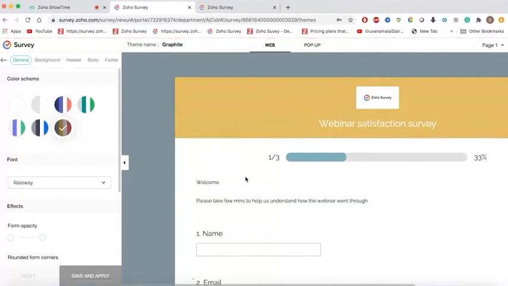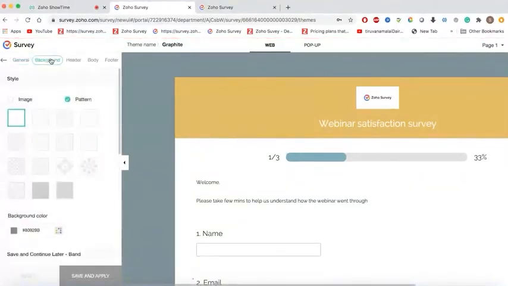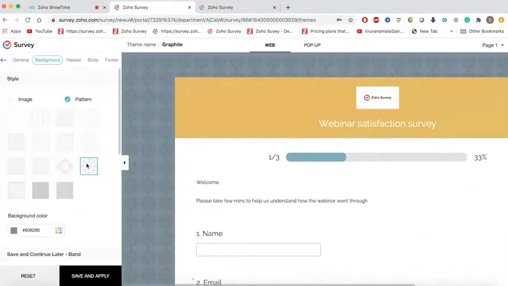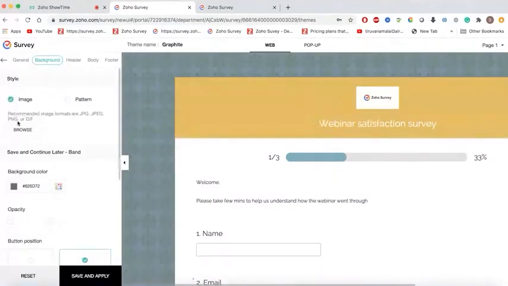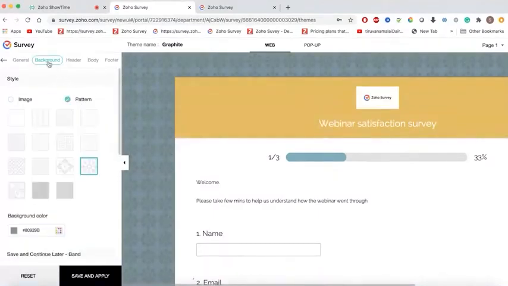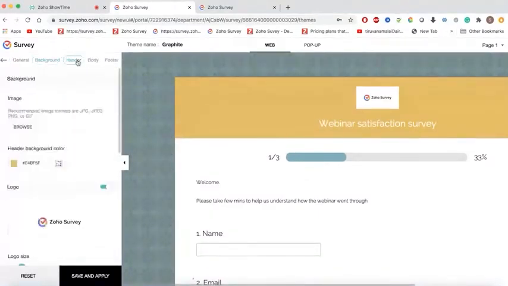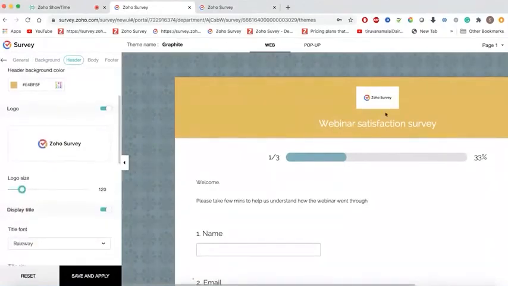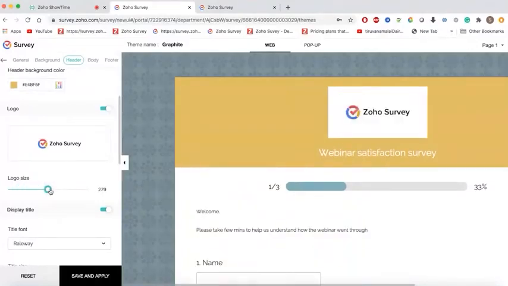So this is the survey. Now I think I want to make it more attractive. So let's add some background patterns, or maybe if you want to add an image, yes, you can add it as well. So on every section, you'll be able to make changes. So let's say the header, I think the logo is a bit too small over here. So we'll increase the size of the logo,